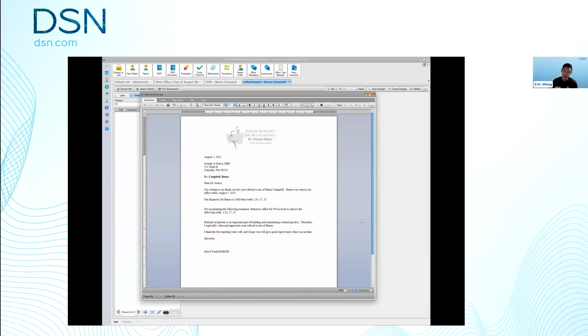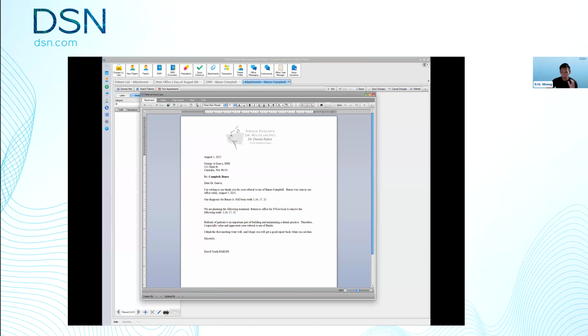And the information from the console note or the patient chart will have been carried over based on this template. So in this particular example, it will pull the information for the referring dentist, the name of the patient, when the patient was seen, the diagnosis for the patient, as well as the planned treatment. If you have to make any edits, you can go ahead and change it as you would with any Word